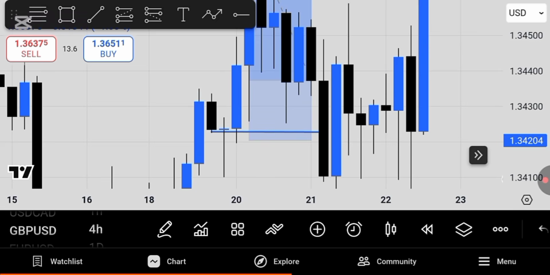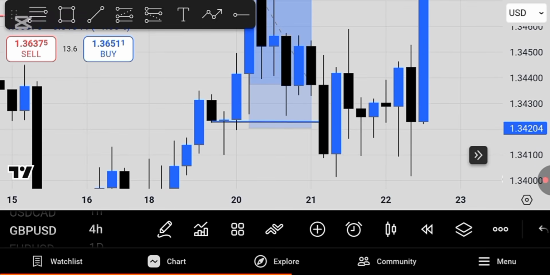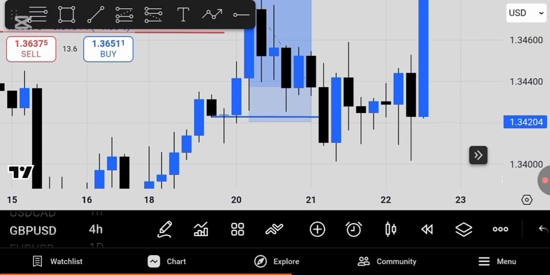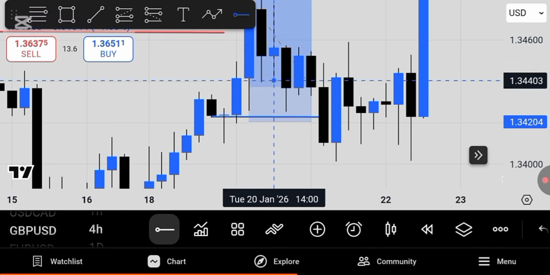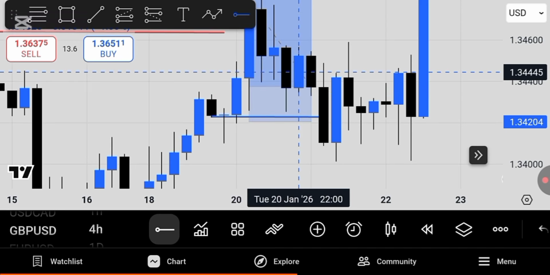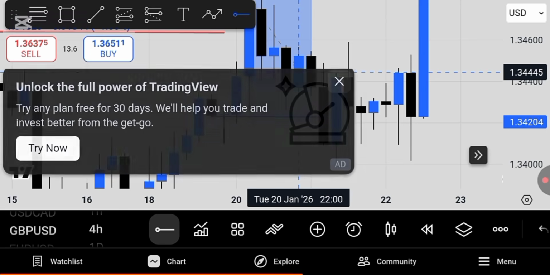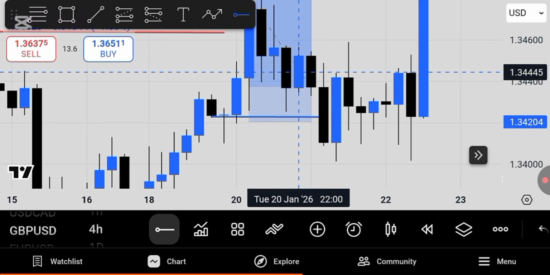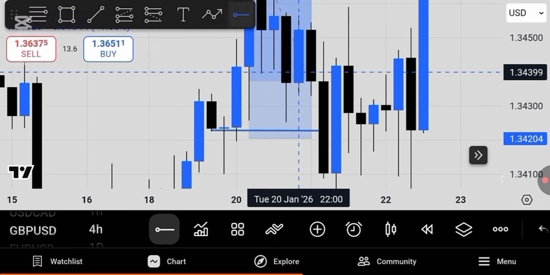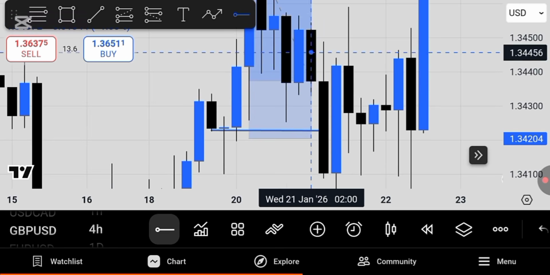on Friday or on Thursday, right? On Thursday. So now here we can see, remember, we are bullish, so we will have to be looking for bullish opportunities. Our bullish opportunity is going to be stronger than the bearish opportunities we are looking for. So now here we can see that,